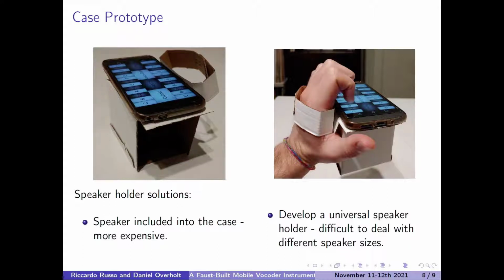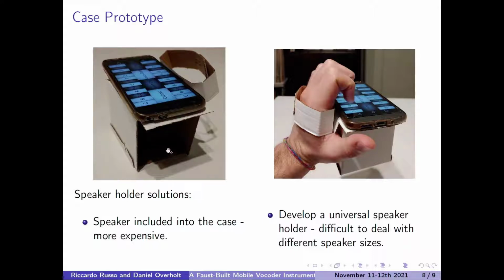Since this work is at the stage of proof of concept, only a cardboard version was created. So this handle is intended to hold the smartphone while leaving the hand free to play. And a tiny rail placed here would adjust the height of the handle to adapt it to different hand sizes. Then this part here is intended to include